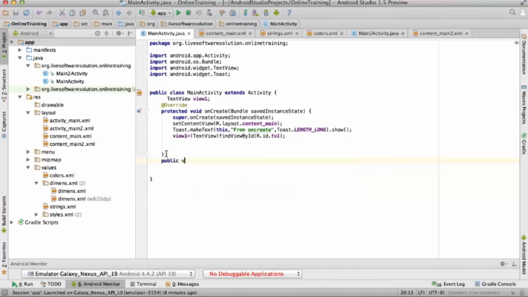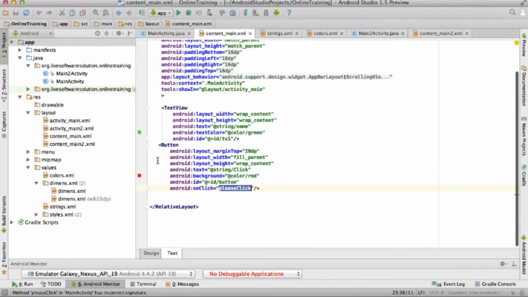If you are finding a view that is a checkbox type, then typecast into the checkbox. Right now this is a text view, so you have to typecast into the text view. I think this is clear to you. According to my experience, I think you can understand. If not, then I can discuss further.